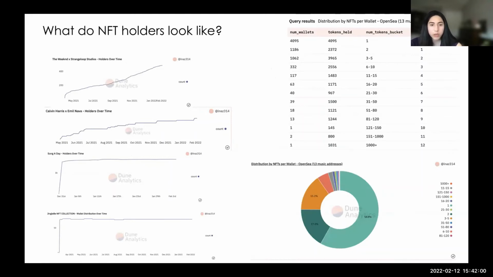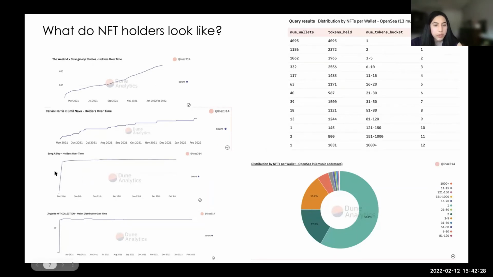There's also great inequality in the music NFT market in the sense that the top 17% of the NFT owners control over 80% of the NFTs. So it follows almost like a Pareto distribution. And then one guy just owns 1,000 NFTs, just random guy there. And buy and hold is a passive investment strategy in which an investor buys a cryptocurrency and holds it for a long period. So we see in Song a Day,